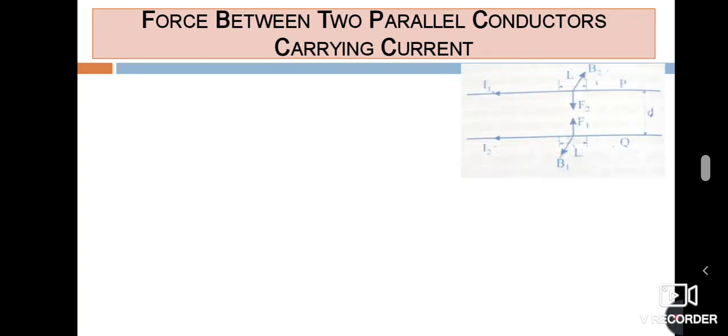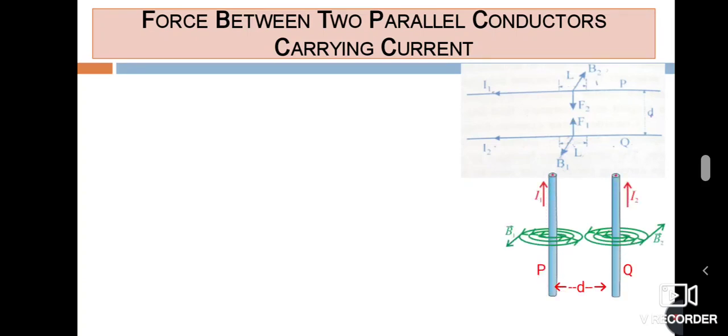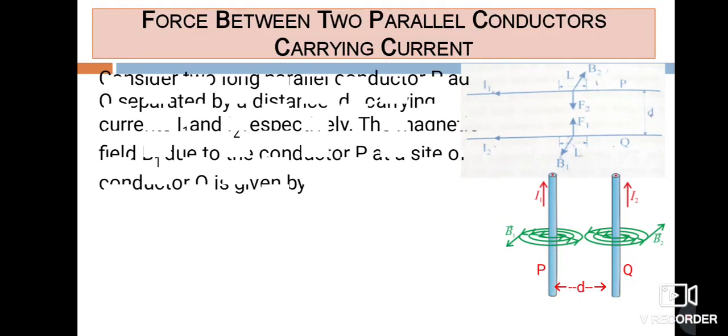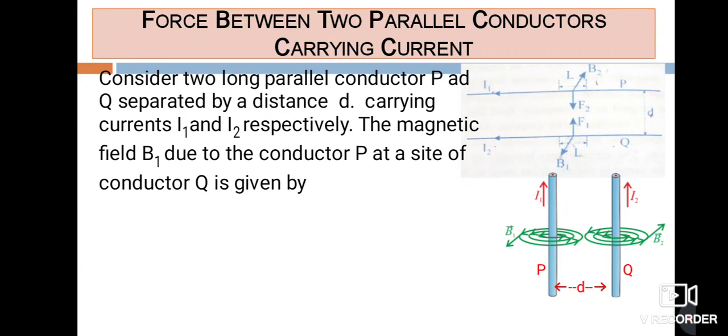For that, I have considered two conductors; you can observe that both the diagrams are the same. Here we have to consider two long parallel conductors P and Q, separated by a distance d, with currents I1 and I2 flowing in P and Q respectively. The magnetic field B1 produced by conductor P at the site of Q